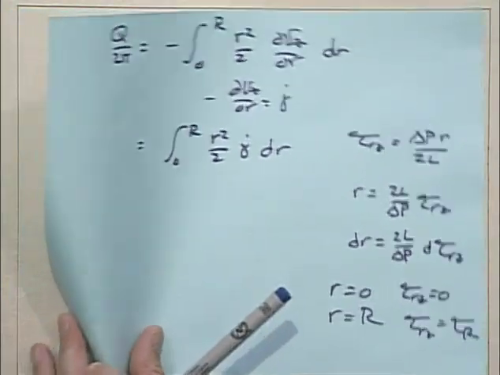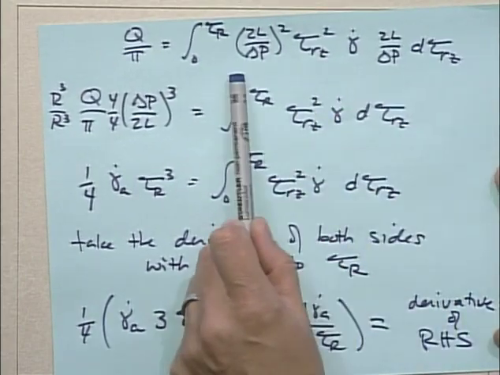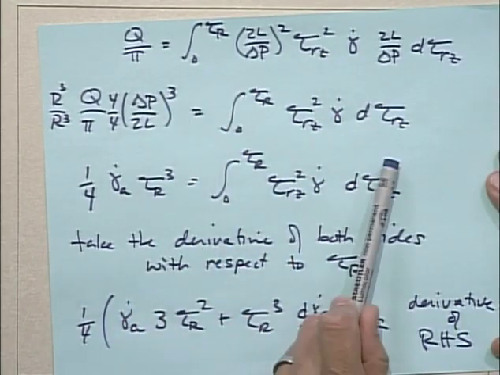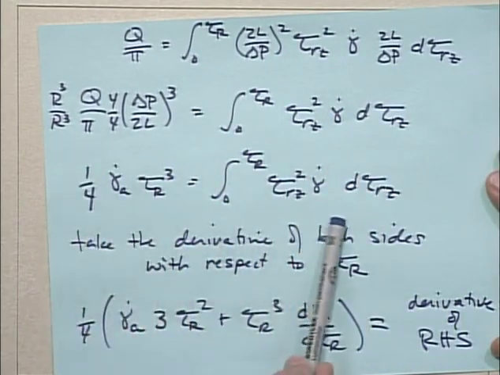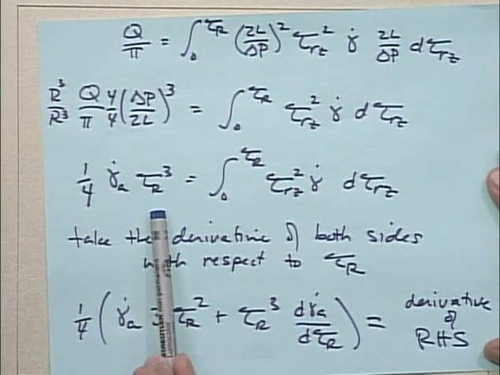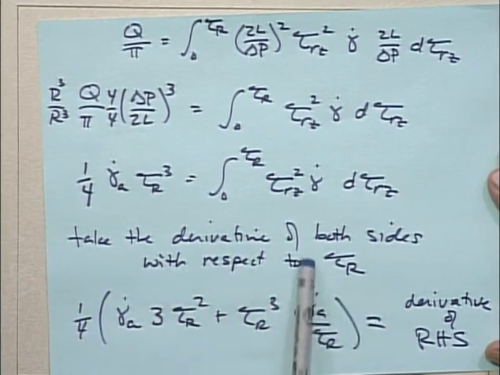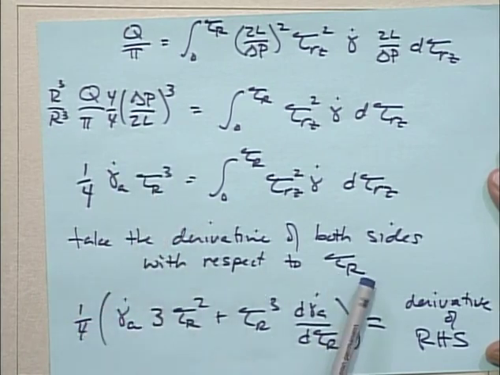The rest was sort of mathematical cleverness. We made the transformation of coordinates, did a little bit of algebra to make the left-hand side be written in terms of the wall shear rate. And then we took the derivative of both sides with respect to the wall, I keep saying shear rate, it's shear stress. We took the derivative with respect to wall shear stress,